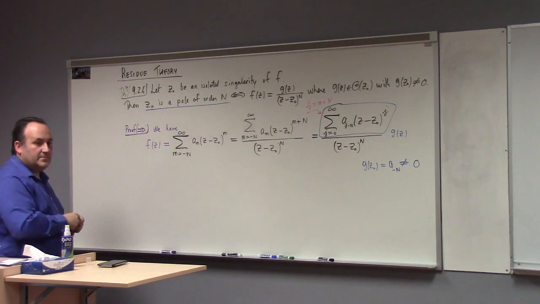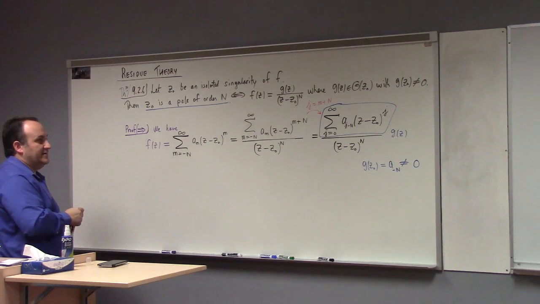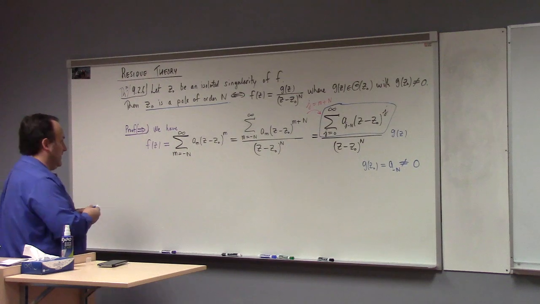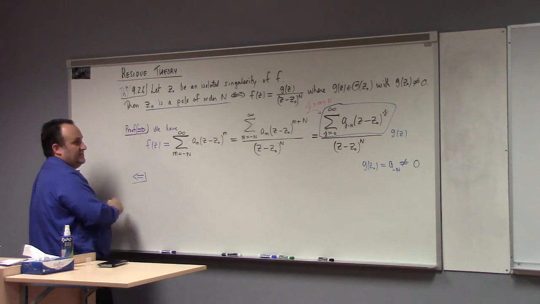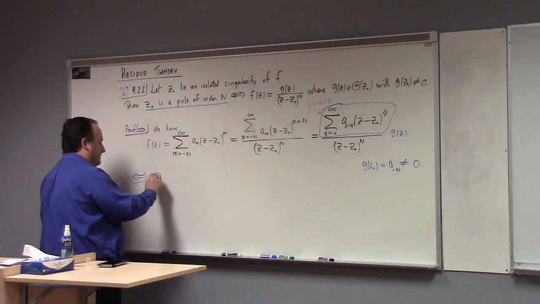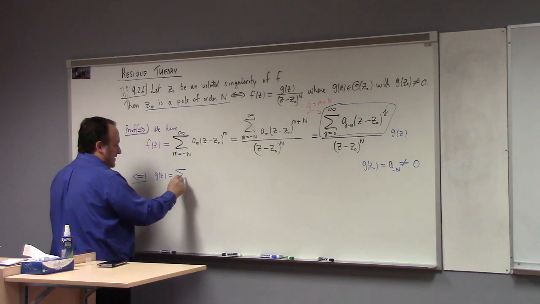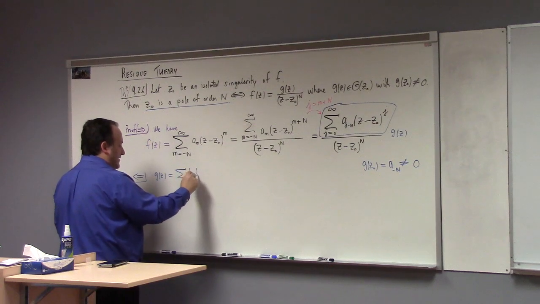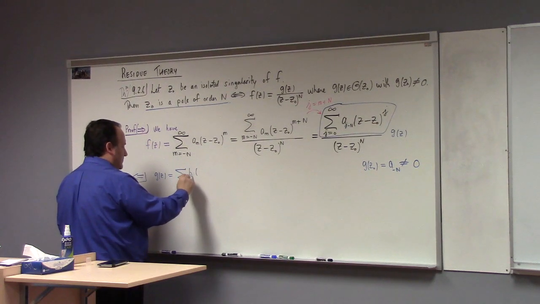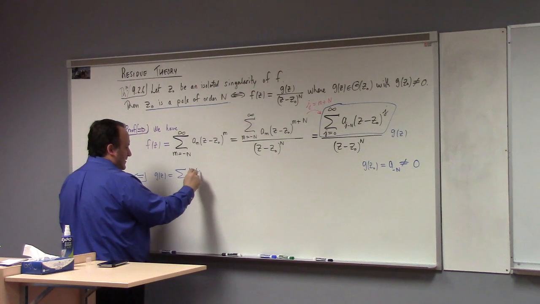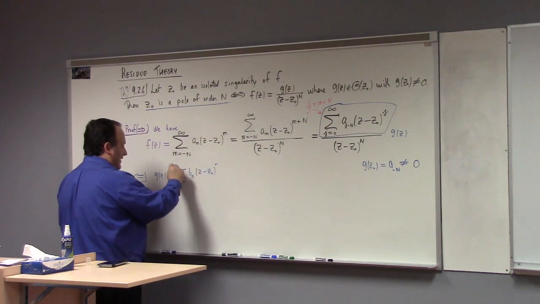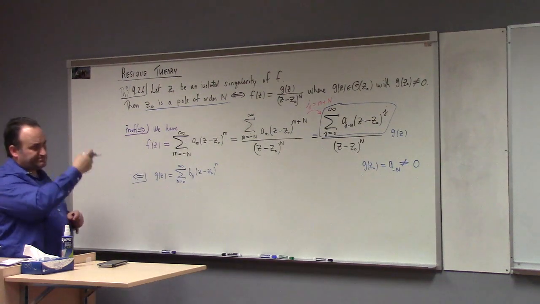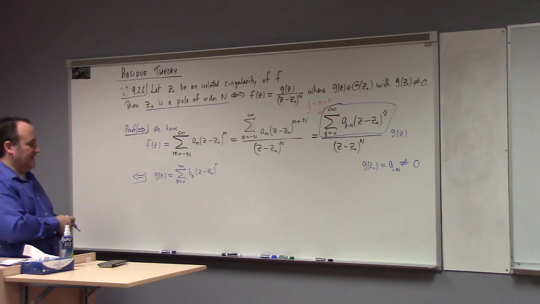So there you go. We've proved that it has the form g of z over z minus z naught to the n. And to go the other way is very simple, right? Did you guys see how the argument goes the other way? You have g of z equal to a sum of b sub n times z minus z naught to the power n, and since g is analytic, with g of z naught not equal to 0 here,